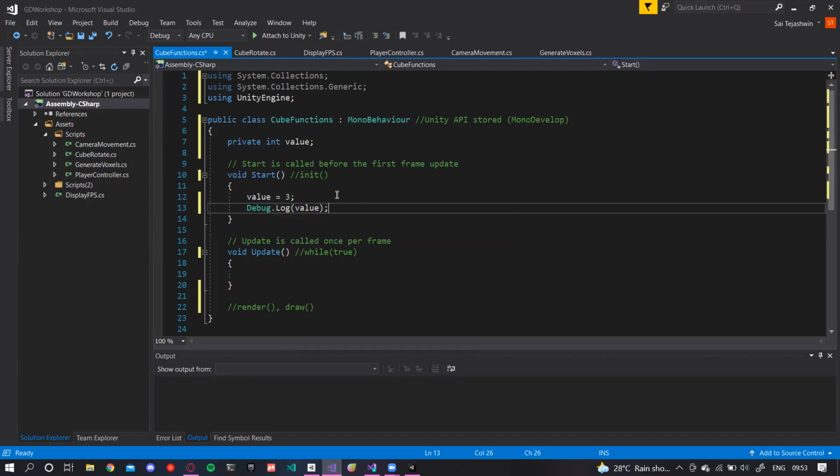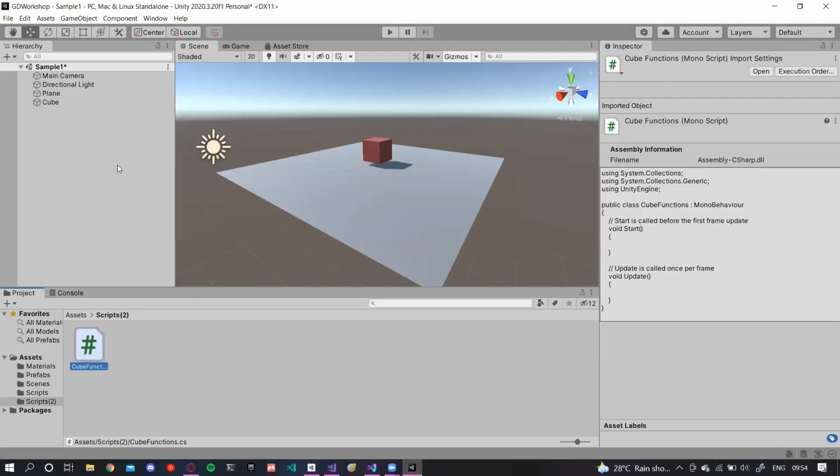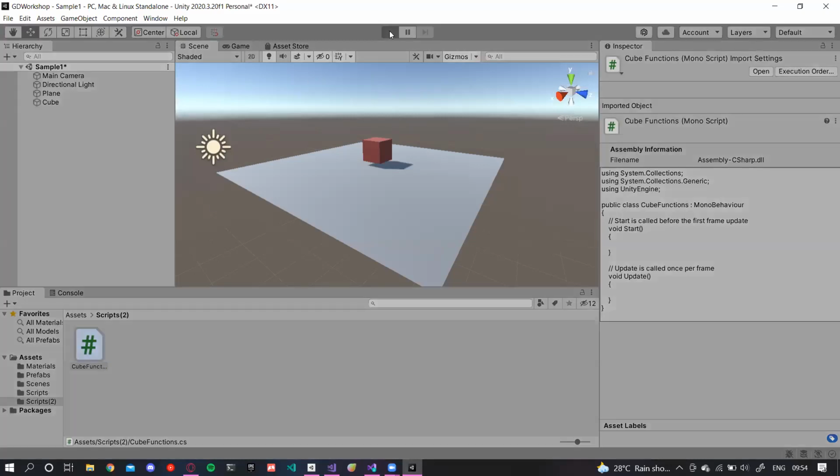So what I did over here is I've initialized a value, and I've defined it in my start function, and then Debug.Log is basically a print function which will showcase my value in my console. So if I just run this game,